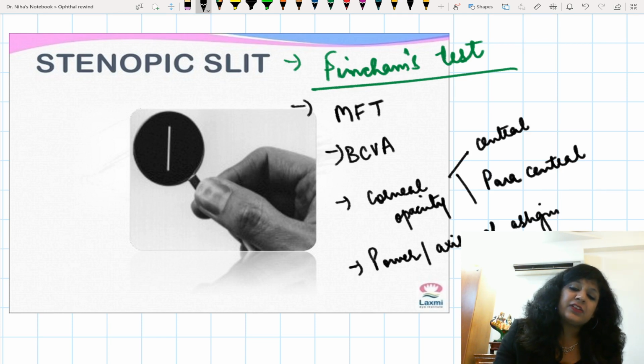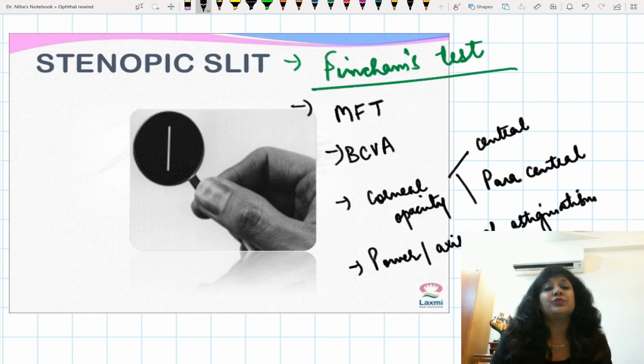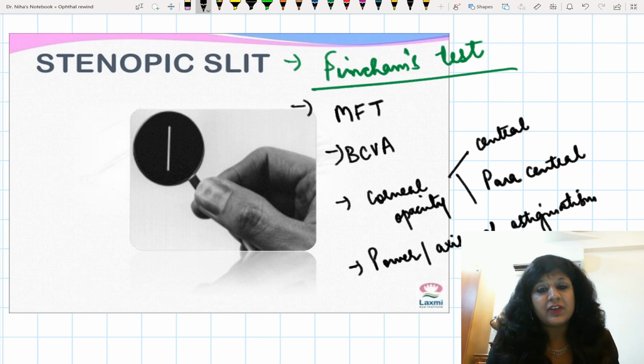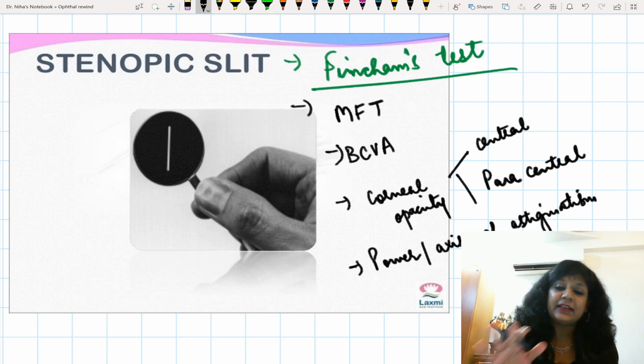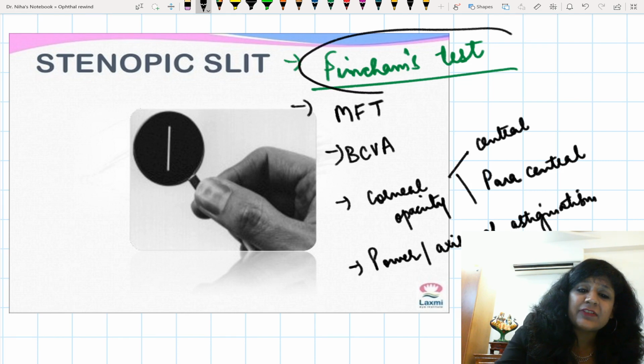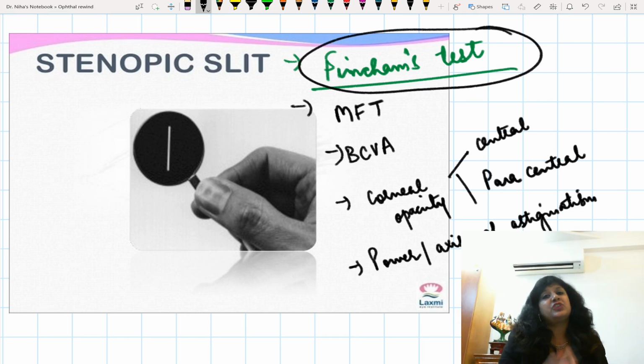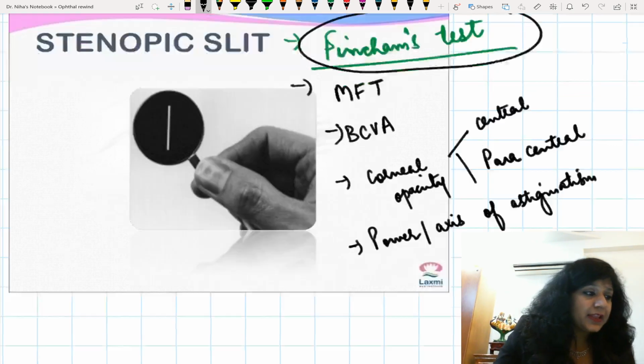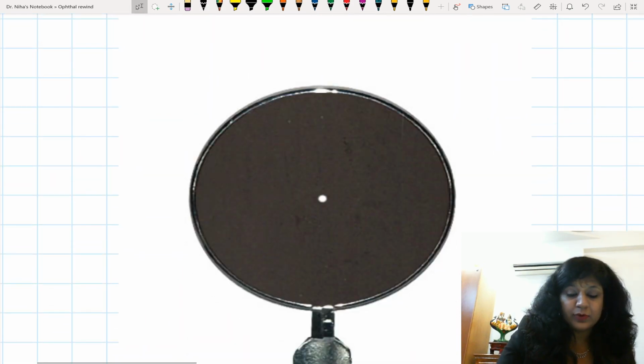And nowadays we are having so many things, like you have seen just now, the astigmatic fan is also there by this also, but we are using the Jackson cross cylinders very conveniently nowadays. By the handles we are using it, by the flip cross technique that we are using. Though we have got so many tests that you can do with the help of the slit test. But the most active that we are doing nowadays is this Finchem's test. Okay, then one more thing.